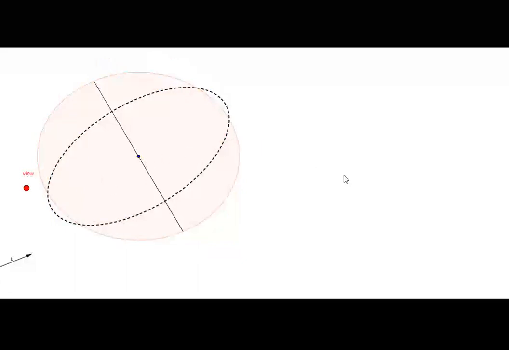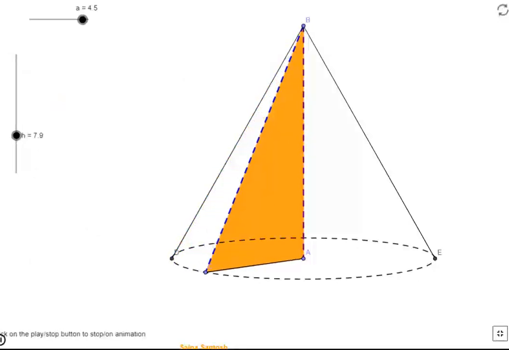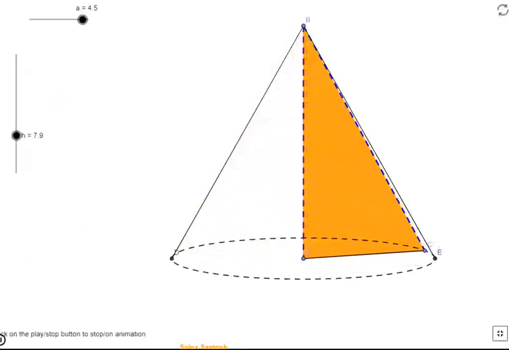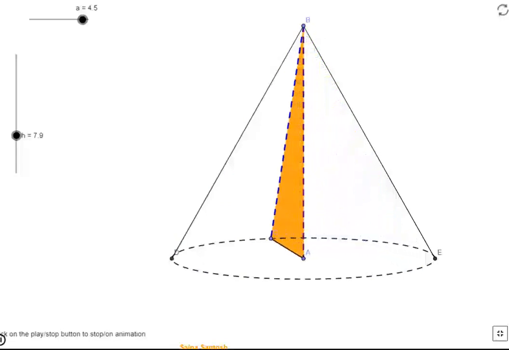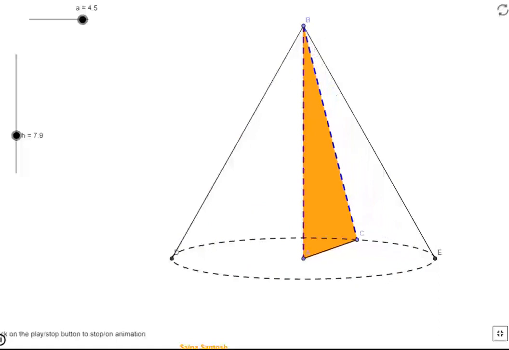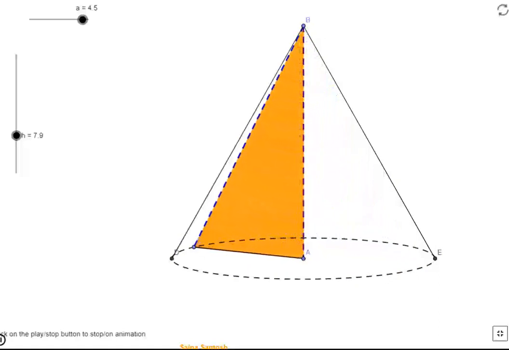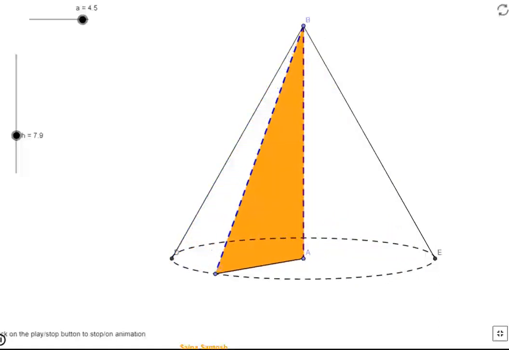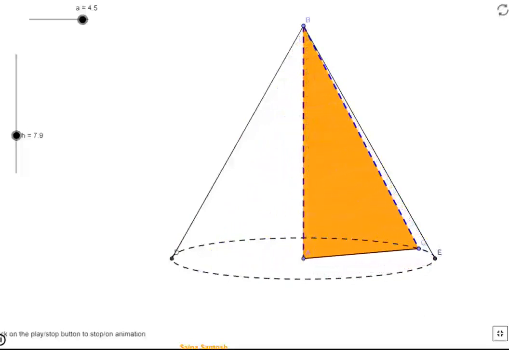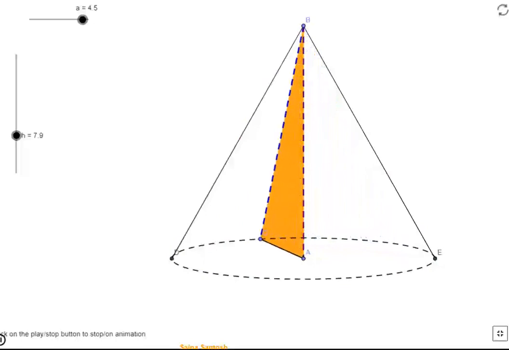Okay, and you can see me here rotating a triangle around an axis, okay, and it will form, as you can see, a cone. Fine. It's rotating around an axis, a vertical axis, to form